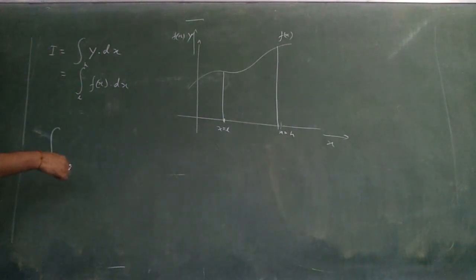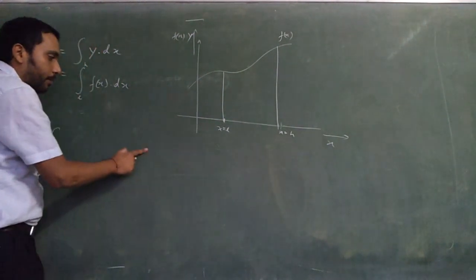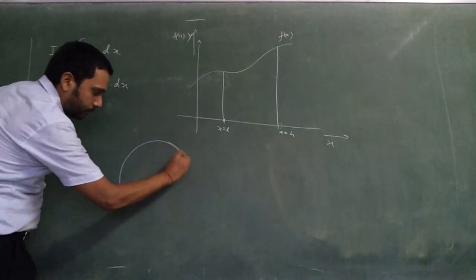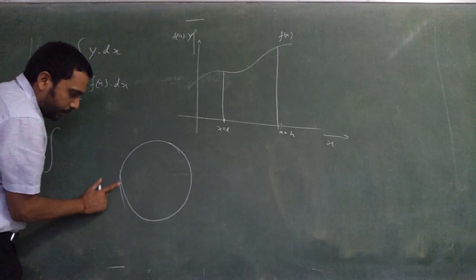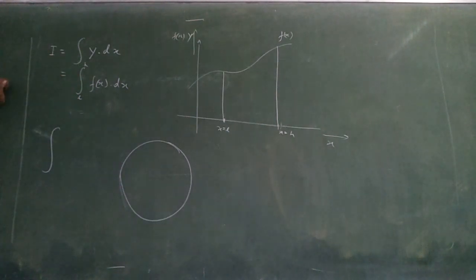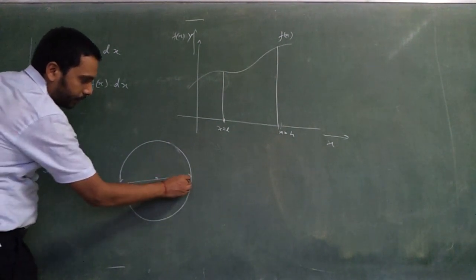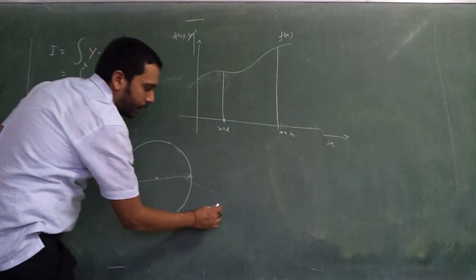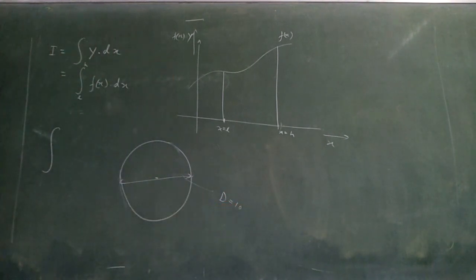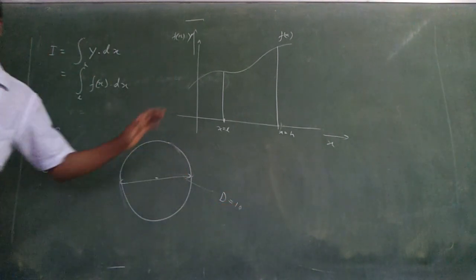I'll tell you where it started from. It started in many places. One of the things is discovery of wheels, invention of the wheel, and then finding the length of the circumference of a wheel. That was a very, very important thing for mankind in those times. Like if I tell you there is a certain wheel which has got a diameter from here to here, they have measured, and it is d equal to 10 units or something. What is the total circumference?